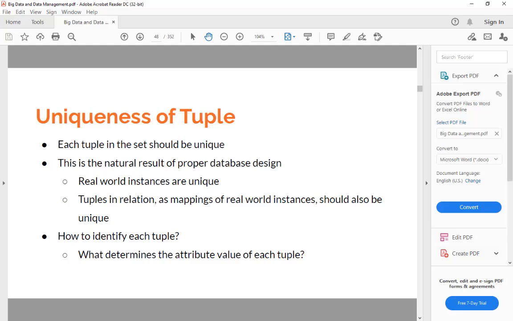You have a computer. I have a computer. These two computers are different. They're different in different aspects. The shape: mine may be a desktop, yours may be a laptop, and the brand may be different, the processor may be different, the memory may be different. All these are different and make everything unique, right? But as a mapping of a real-world instance, a tuple should also be unique because whatever real-world instance they are based on